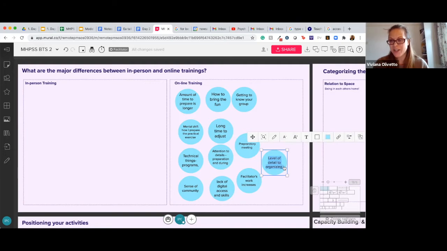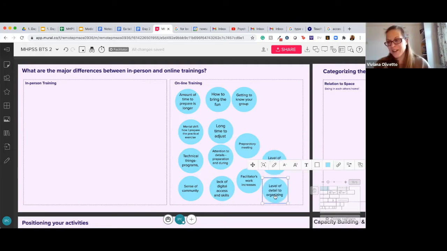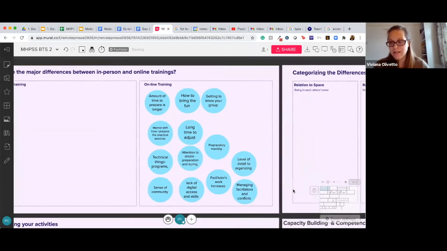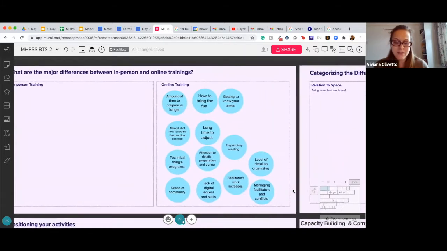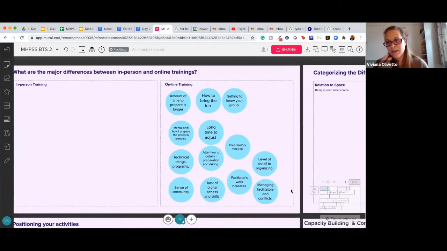And then it's connected also with managing a sense of community, not only with the participants but with the facilitators, and managing conflict when there are different opinions on how you approach something. I don't want to sound extreme, but it's definitely there. So for me, to begin with, it's that monumental work that goes with the facilitator in putting together the training, and with the facilitators themselves. And then the same considerations that have already been made go for the participants.